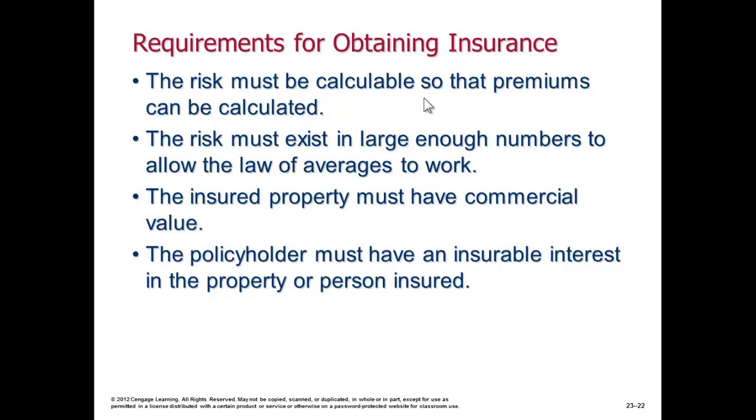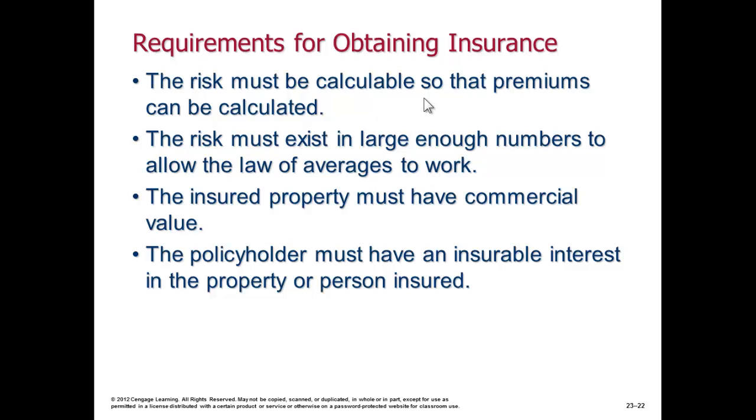The risk has got to exist in large enough numbers to allow the law of averages to work. This is where insurance kicks in. Insurance will cover those items where there's a large enough set of candidates or a large enough population of those events occurring, which takes the bias out of it, and makes it a more statistically acceptable size to work with, and so now the analyst can sit down and predict pretty accurately, based upon the statistics of these risks occurring and how much they're going to cost.